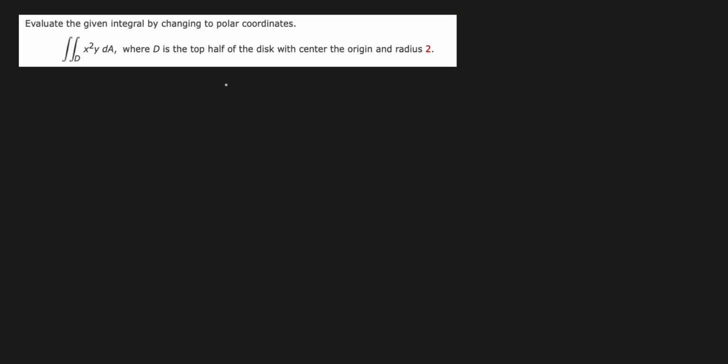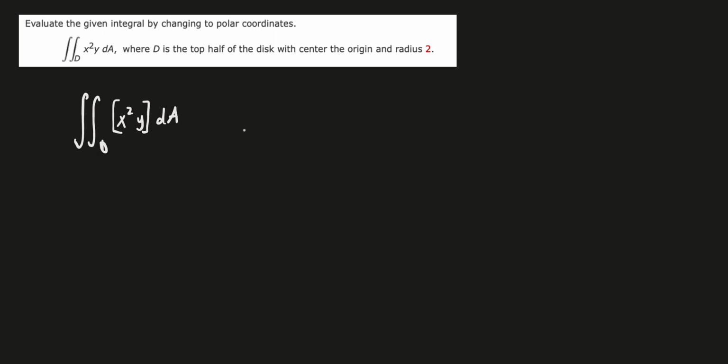So in this video, we're going to evaluate the given integral by changing to polar coordinates. So we have this double integral here, and we want to integrate over the region D, where D is the top half of the disk with center at the origin and radius 2. So here we have our double integral over the region D, x squared y